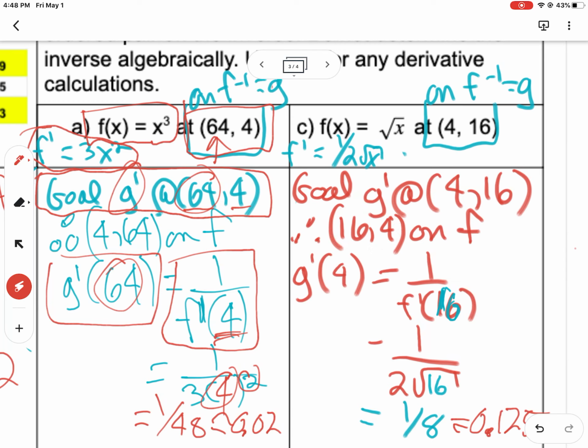If I want to get g prime at 4, which is the tangent slope on the inverse at 4, I know it's equal to 1 divided by the slope of the original function at the corresponding value. So it's going to be at x equals 16 on the original. Okay, so I replace f prime with the f prime formula, which is 1 over,